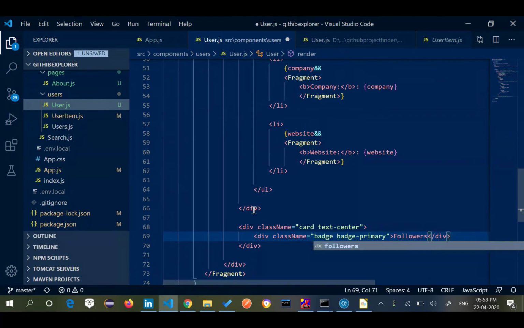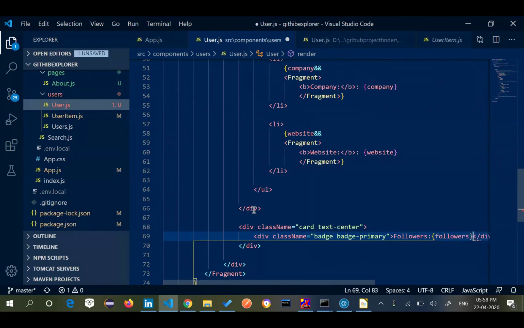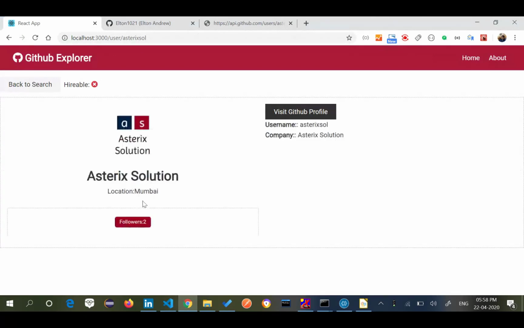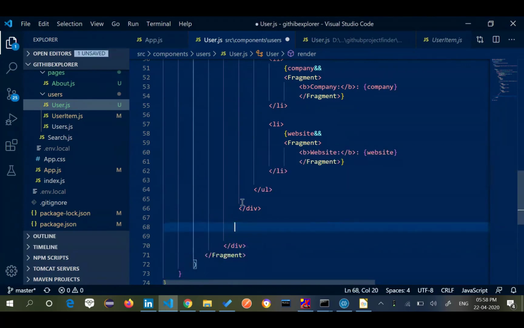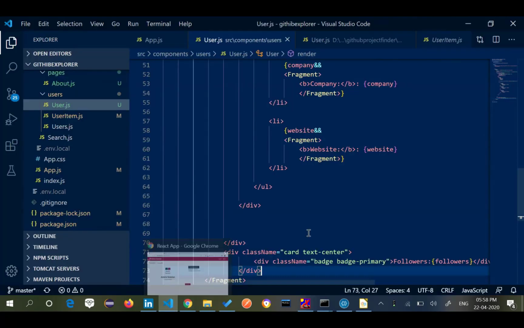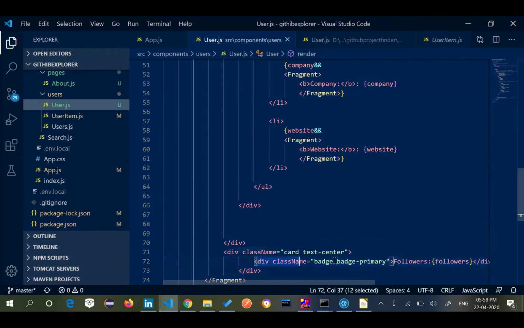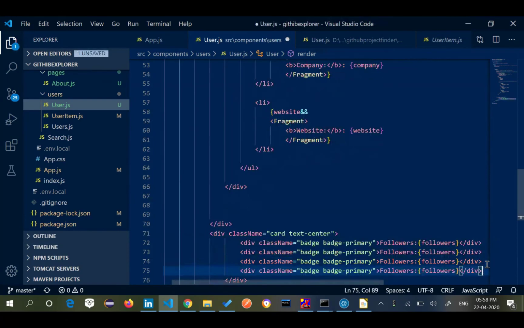Followers, and let's see how this data is going to look now. Okay, I guess I have messed this up. This is how it should look. So, division tag, make sure you are following the right division tags. And I'm just going to take 3-4 more values.